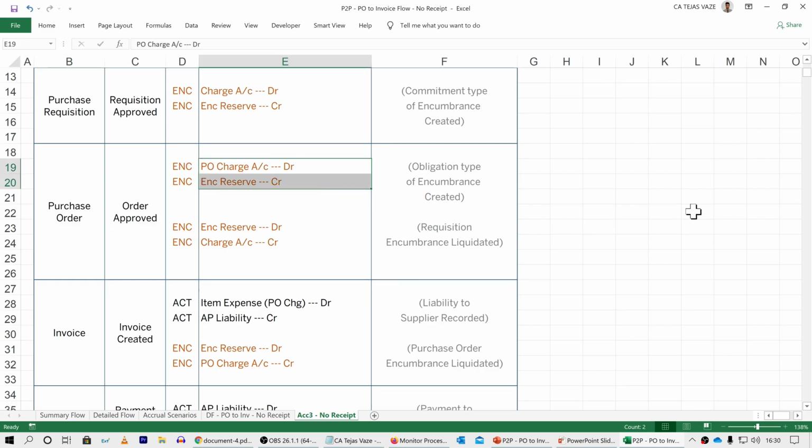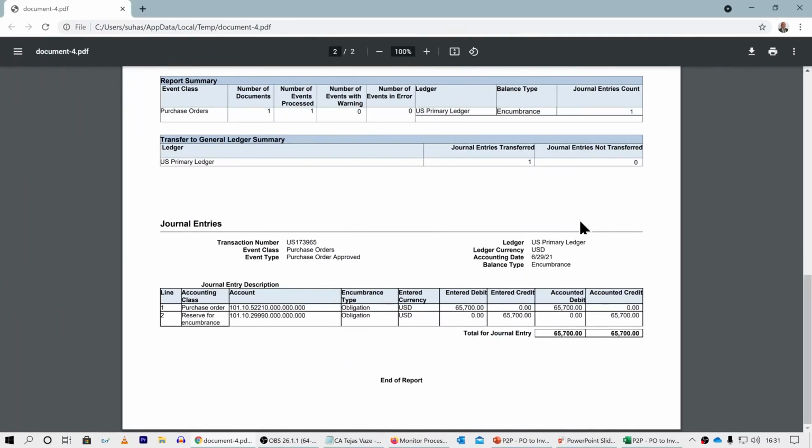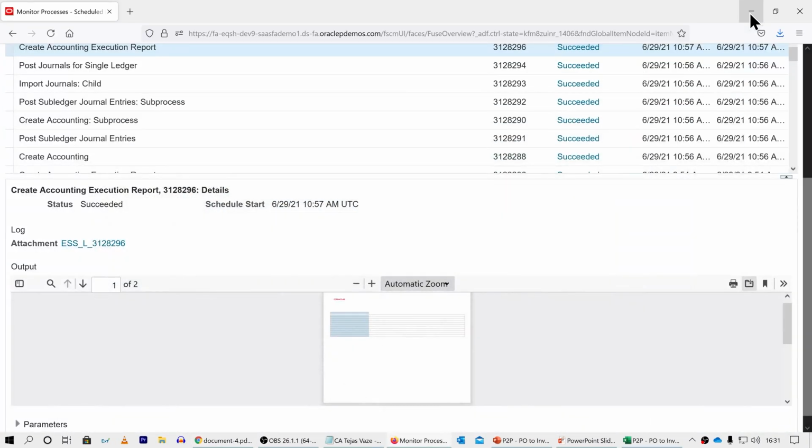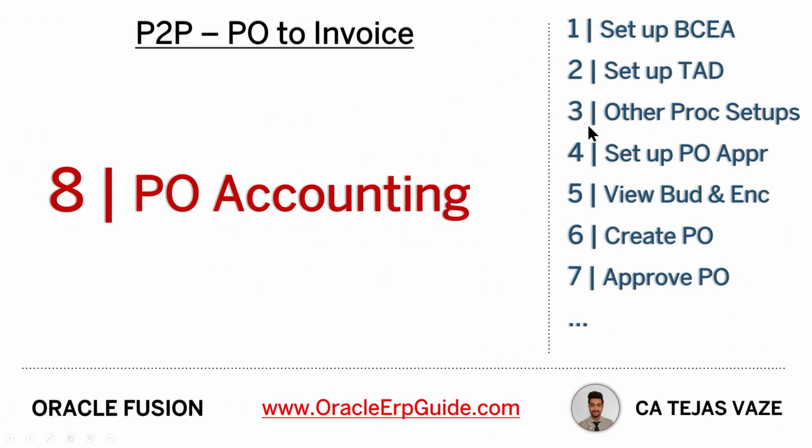Note that the journal entries for creation of encumbrance on account of a purchase requisition and reversal of this encumbrance have already been seen in detail in other demonstrations. We have created the accounting for the purchase order.